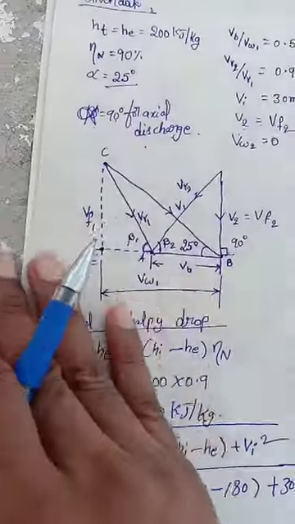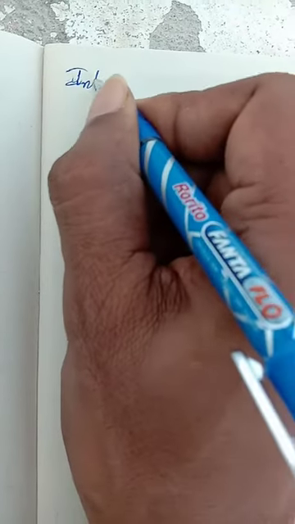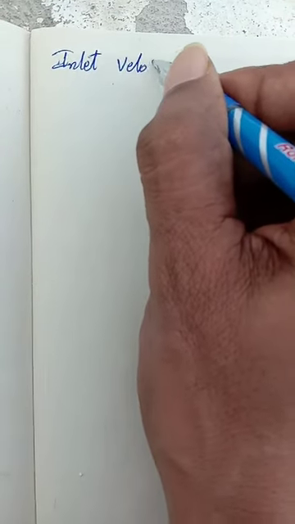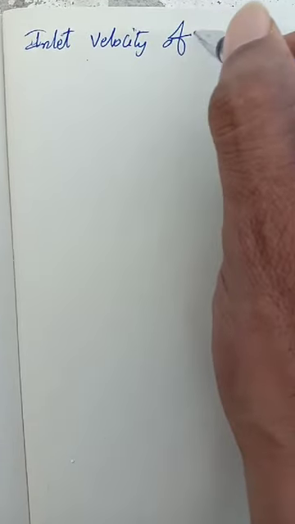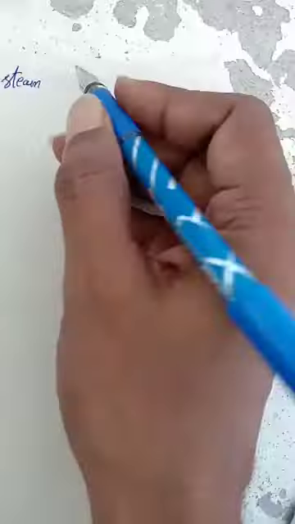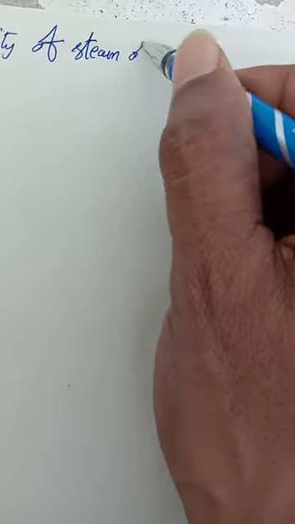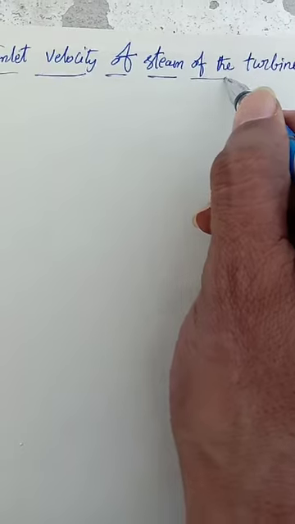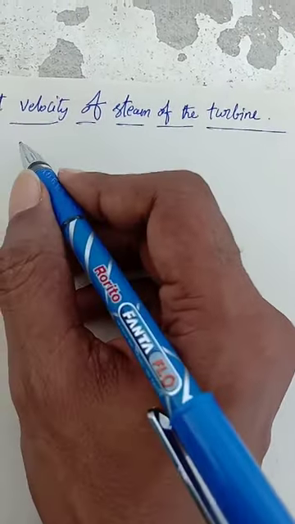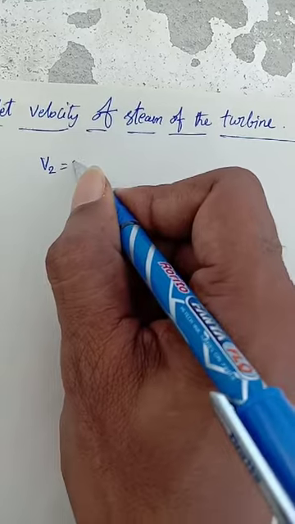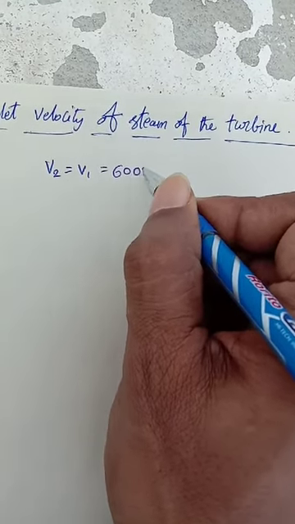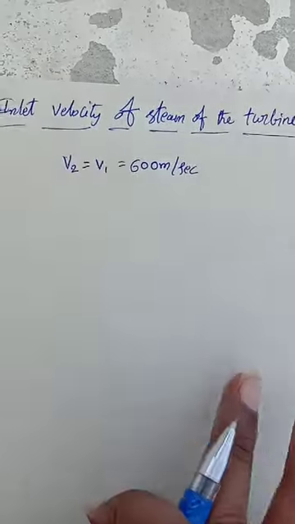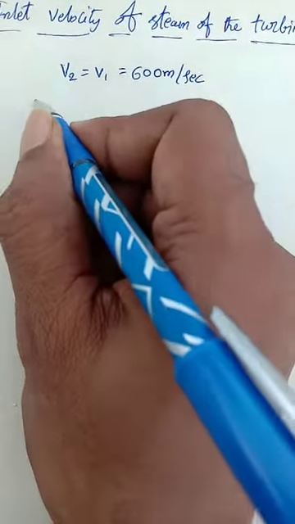Okay, meter per second. And now go for inlet velocity of steam of the turbine. Inlet velocity of steam of the turbine, V2 is equal to V1, that is equal to 600 meter per second, is fine. Now here